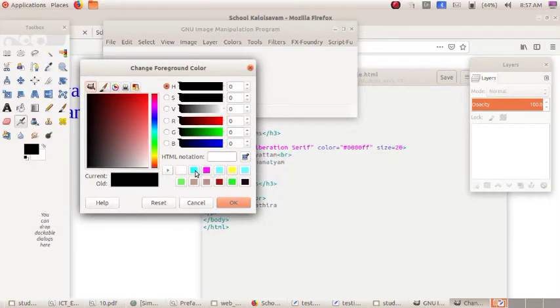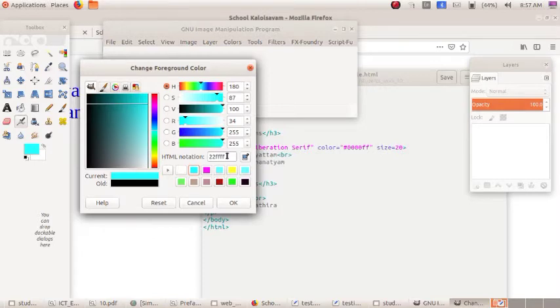If you click on any color, you can see the HTML notation here. For the sky blue the code is this. For yellow the code is this. There are a lot of variants for all the colors.